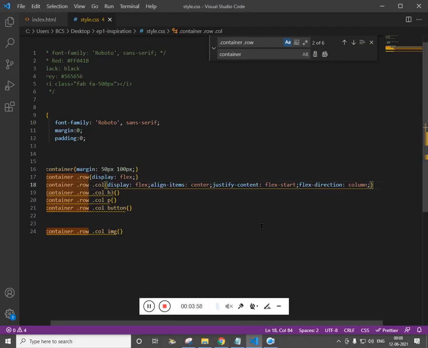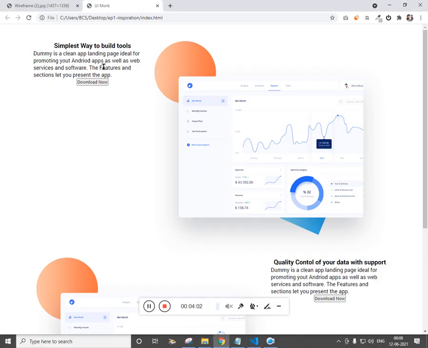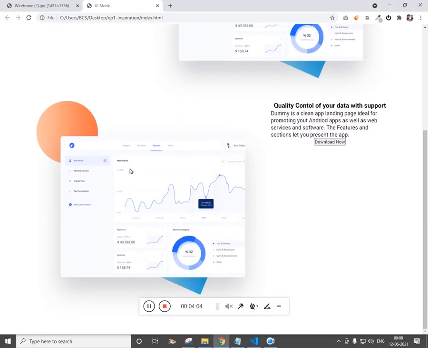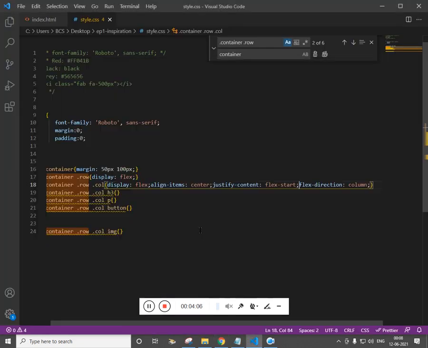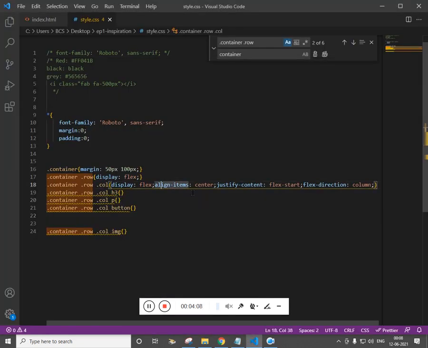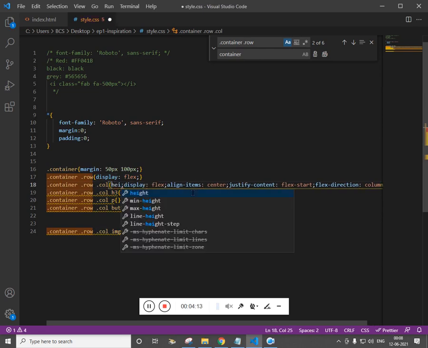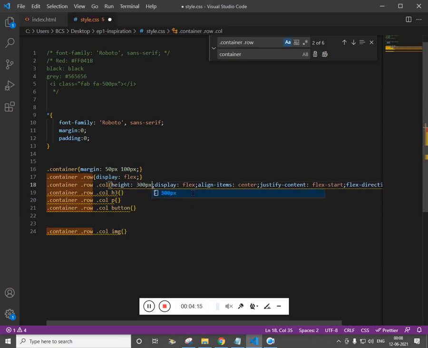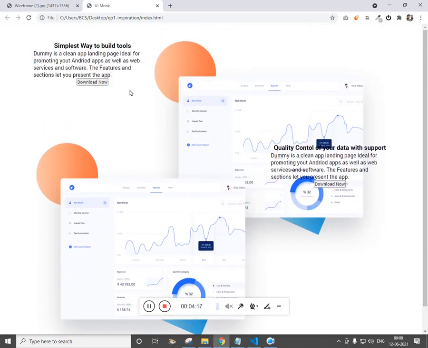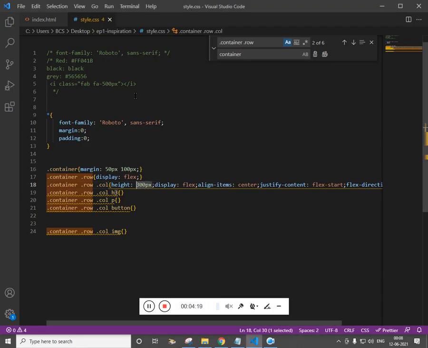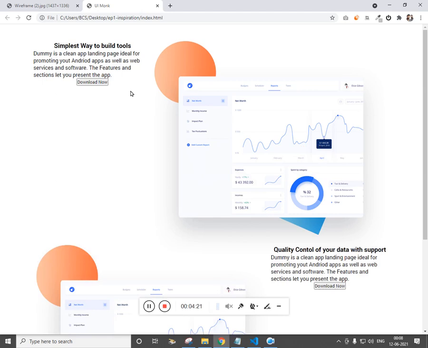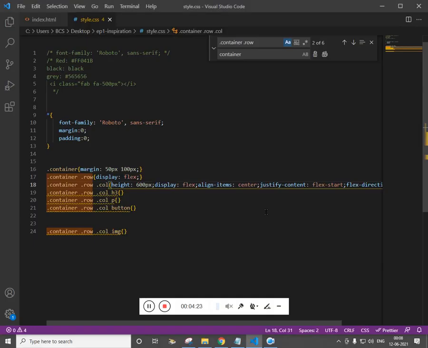So the problem is, it is not working one below the other because we haven't given the width. That's the reason. Let's try to give the height to it, 300 pixels. Now it will be at the center, let's say 600. Still there is a problem. Okay, let's see what it is.